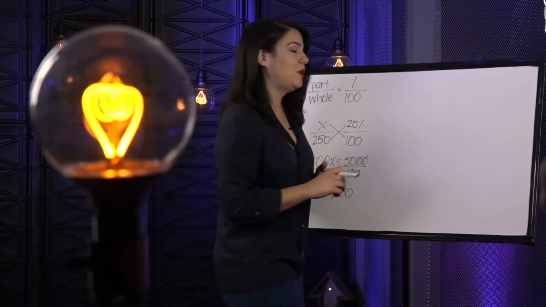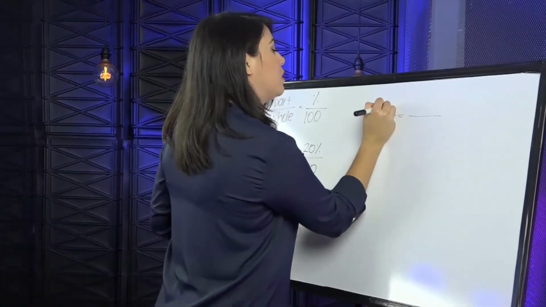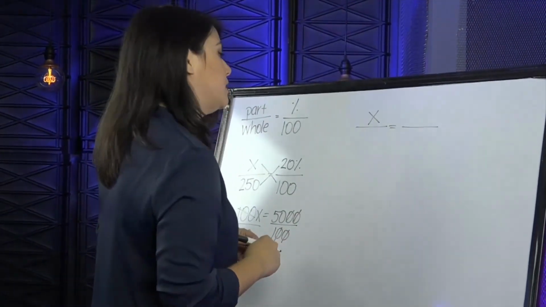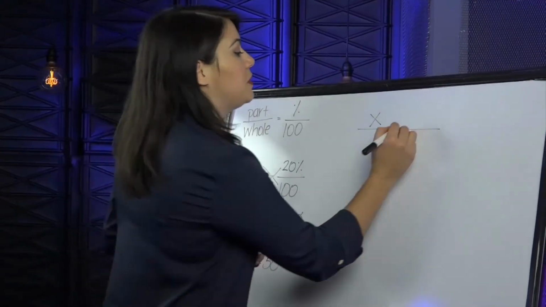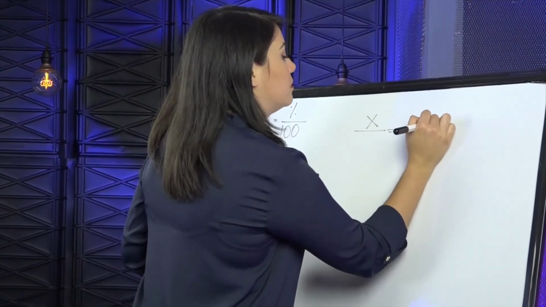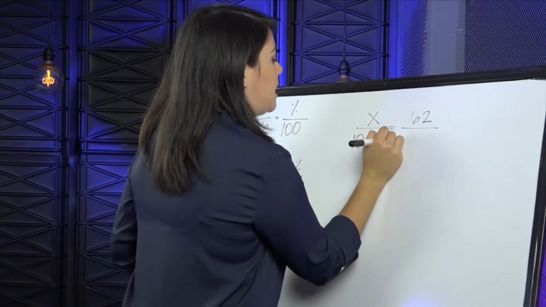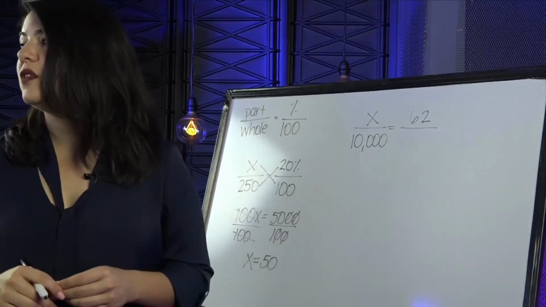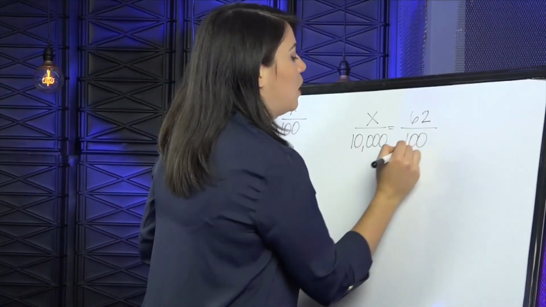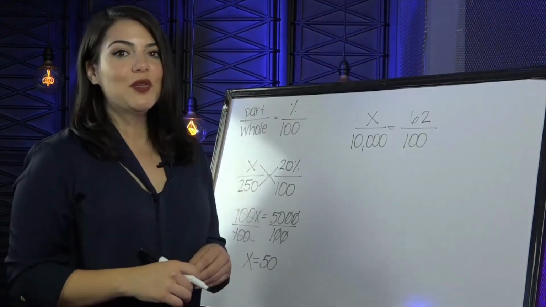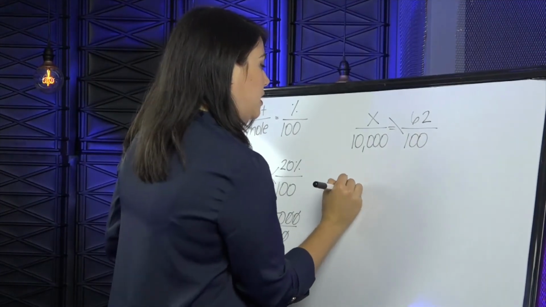Let's plug it into our equation. So the part we're going to call x because we don't know it. And the percentage is given to us by the problem, which is 62%. And we know that the whole is 10,000 households in the town of Fellsmere. And we know that 100 always goes down here. Now let's go ahead and cross multiply. X times 100 is 100x,